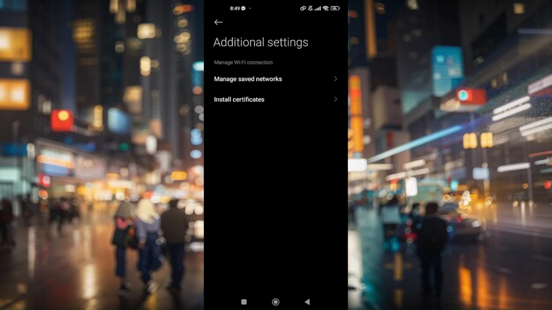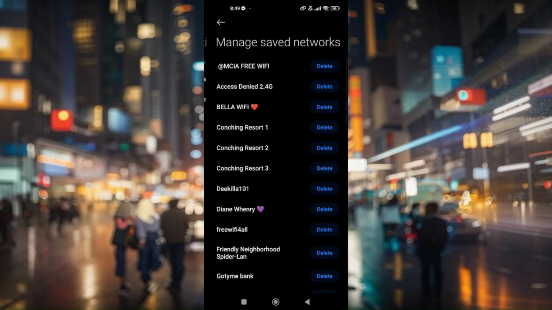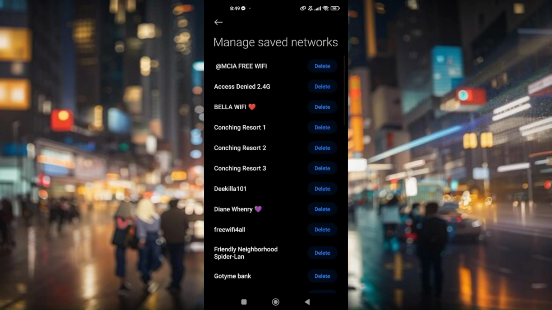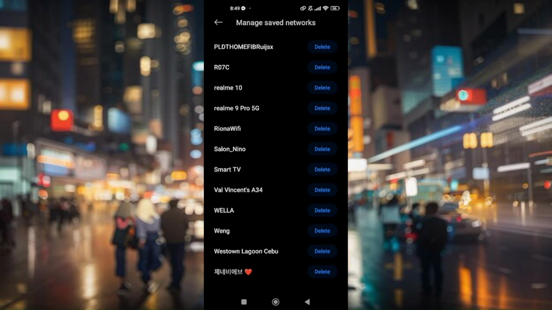From here, press manage saved networks, and you'll have to delete first the Wi-Fi that has denied you access. And then once it's done,